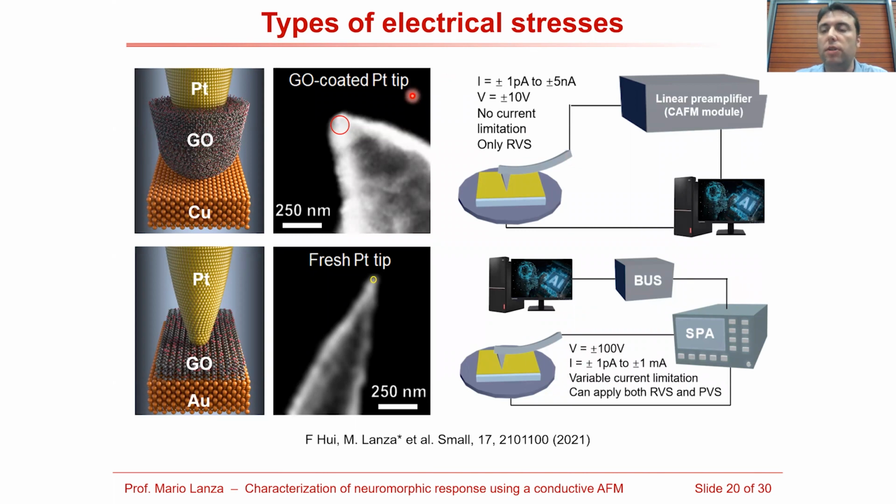Okay, so you can see we have used two setups. The first one is we use the tips that are coated with the graphene oxide, but we also use some as-received tips, and we put the graphene oxide on the surface of the sample. So using this setup, of course, the tip is sharper, so the radius of the tip at the apex is much smaller, and here it is a little bit higher.